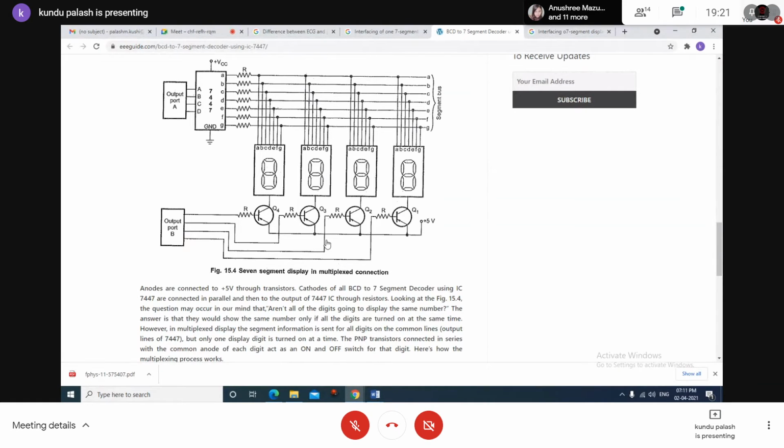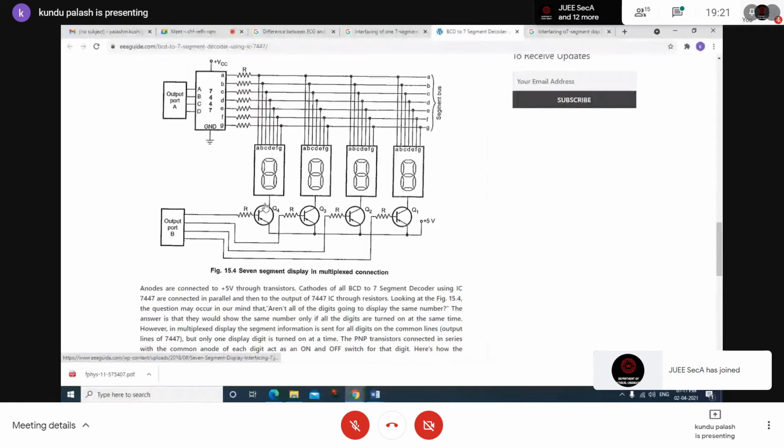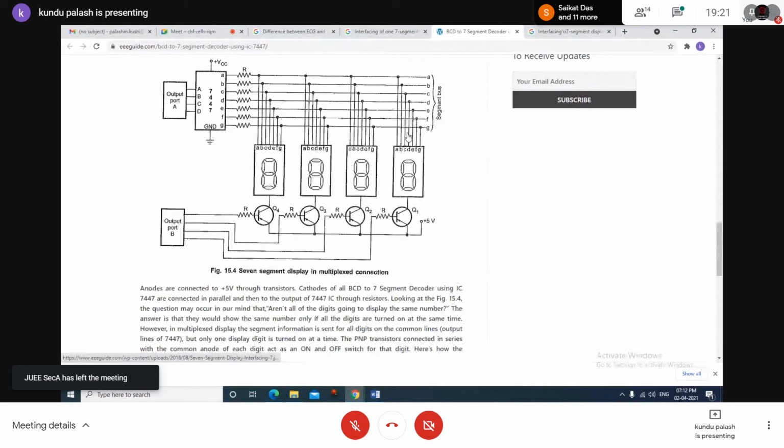Why multiplex? That means at a time to display a particular number having 4 digits, either from the most significant digit or from the least significant digit, the character is displayed for a small duration. How much? That will depend on the persistence of vision. That means at a time, this signal should be made low, so the transistor will conduct. At the same time, the number corresponding to this digit position should be sent to the other port A. So this will display, and this is repeated until the most significant digit character is displayed in a very fast manner. How? The interval will be according to the theory of persistence of vision, it will be within